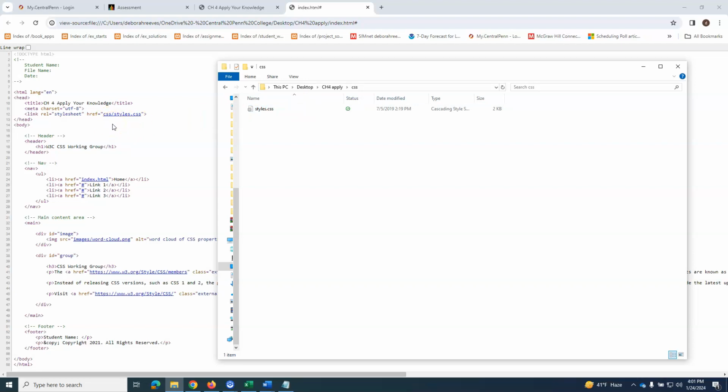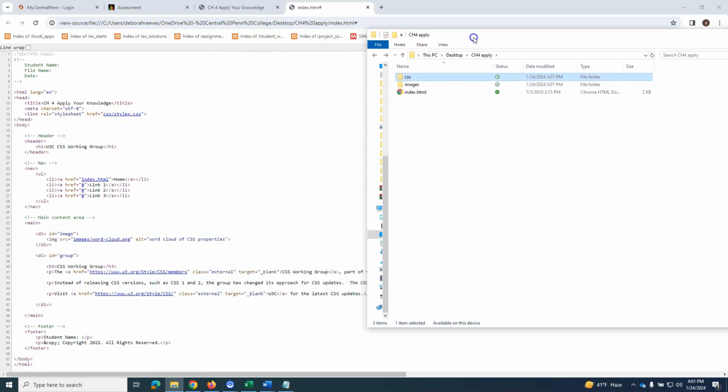So that's 9 times out of 10 the problem with the website: you have mistyped something. You have an image called dog.jpg and you have put dogs with an S on the end, and that's why it won't call up. So almost always it's spelling, for some reason, that I've run into anyway. So this is calling up your CSS, which we'll go over in a minute, but let me just show you